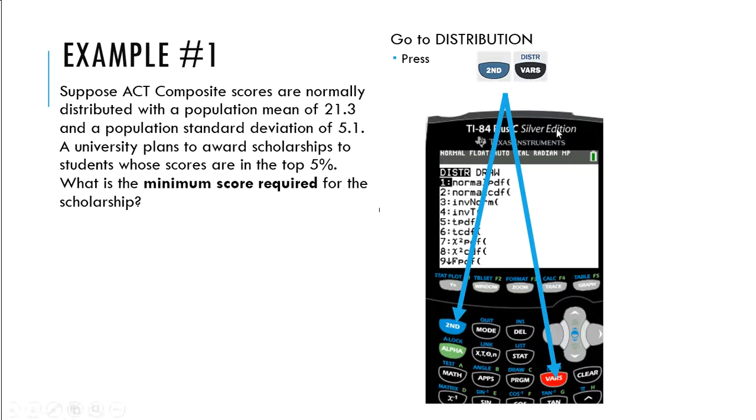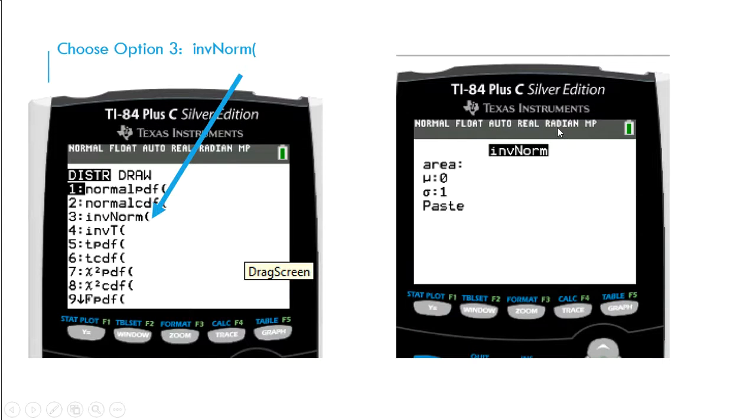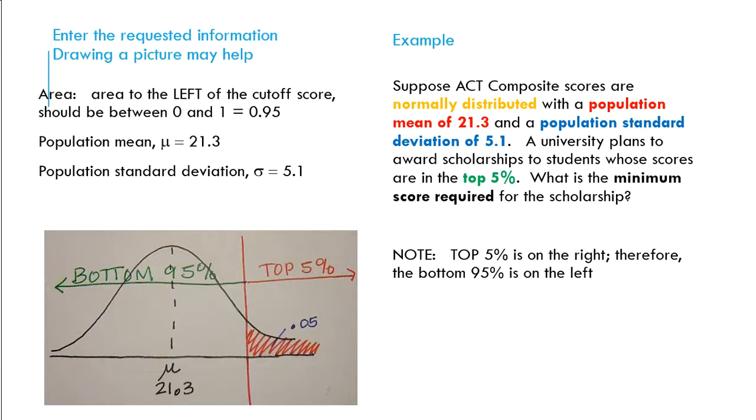So the first thing you do is press second, bars, and then you go down to inverse norm. And again, your calculator could be a little different from this one, and I'll do a different video for that one. But as you can see with inverse norm, you're going to need your area, your mean, and your standard deviation. So now, because I want to know the area to the left, because that's how the calculator reads it,